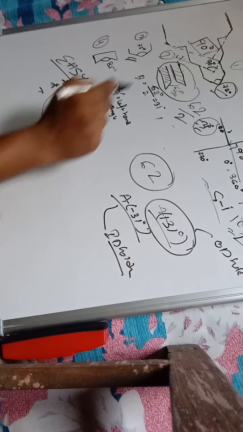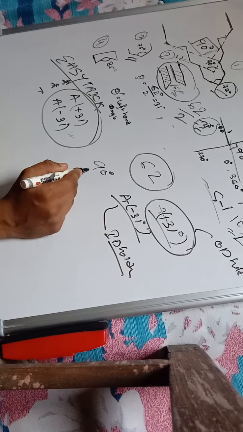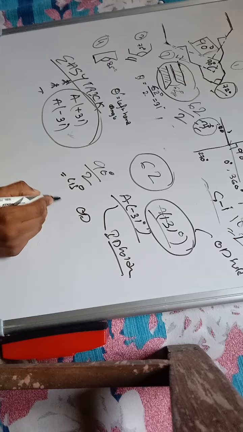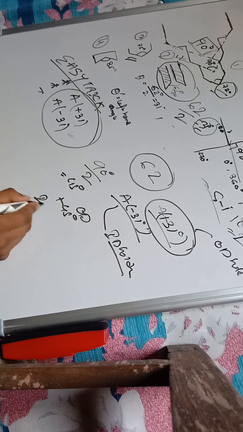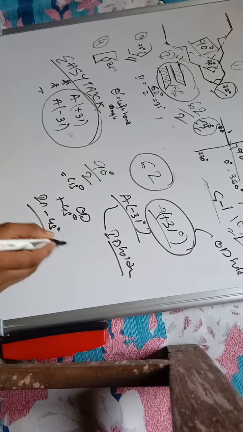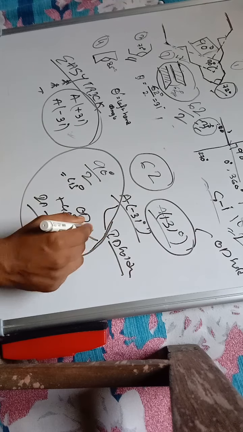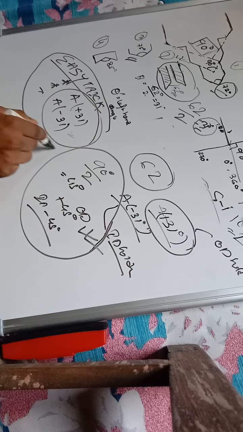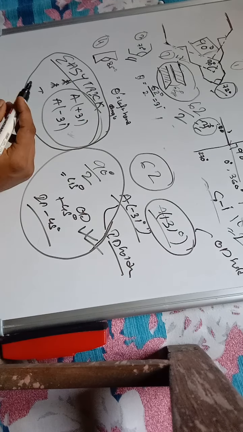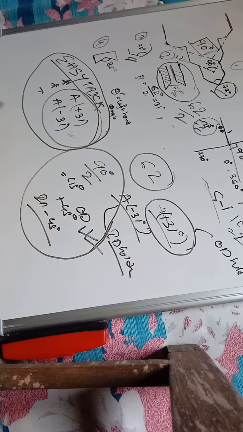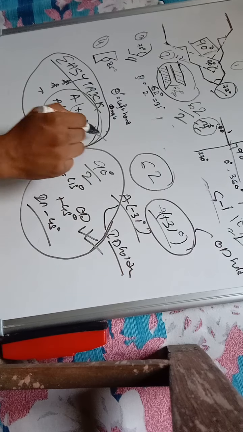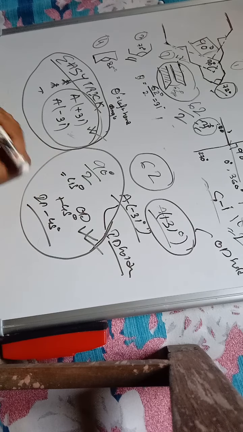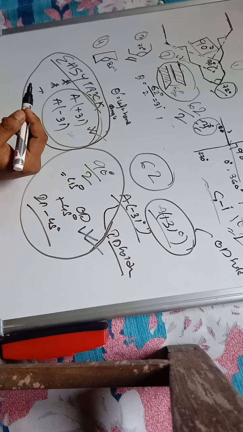Suppose the angle is 90 degree. What is the half of it? That is 45 degree. For OD, that will be plus 45 degree. For ID, that will be minus 45 degree. That is an easy way you can find any angle. So that is the basic motto of this video, to find any kind of angle of a job. You may use this concept for finding any kind of angle, and you may use it for practical purposes.